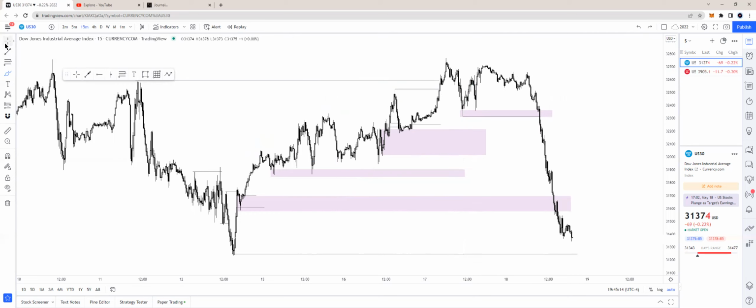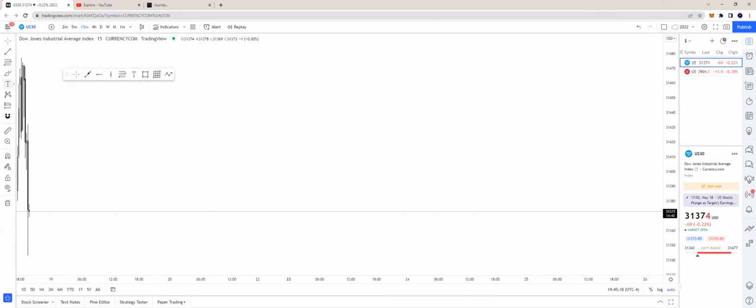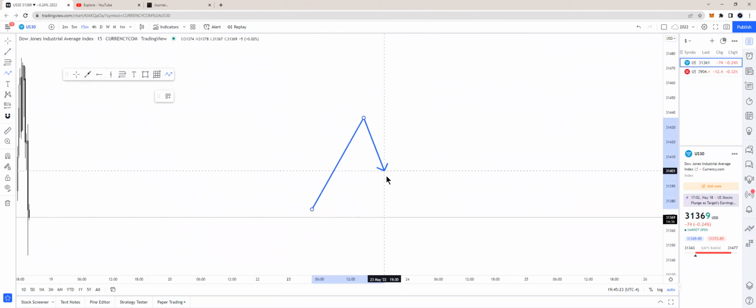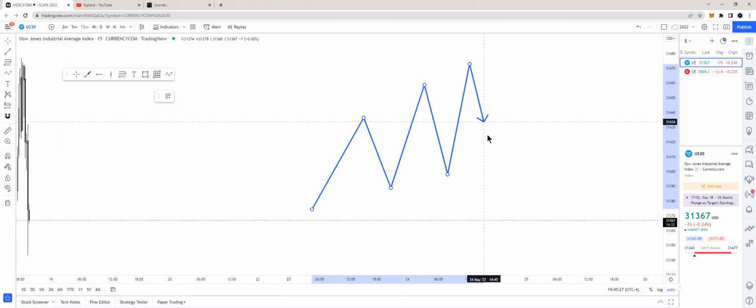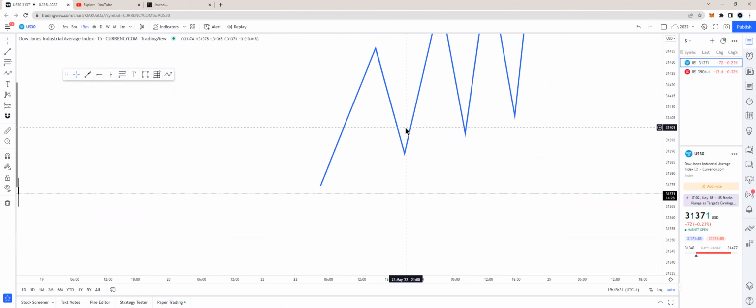So if you got confused a little bit about mitigations and looking at structure, all I want to tell you guys, so we do not complicate it, is understand that structure can still be seen like this. You can still have higher highs and higher lows, but you need to have context behind it. So what I mean by that, once again, there needs to be something at the top that is telling you,